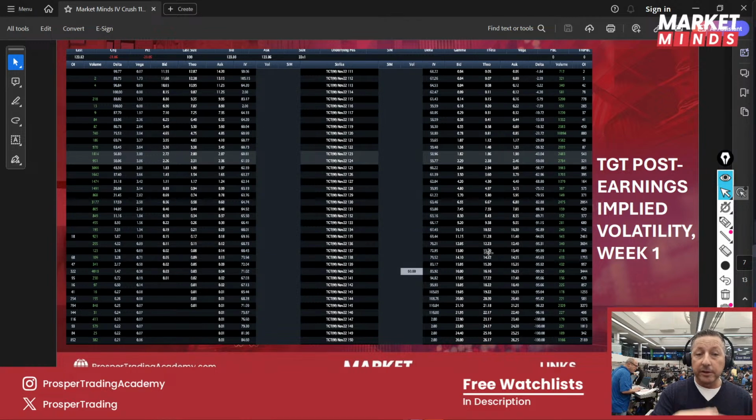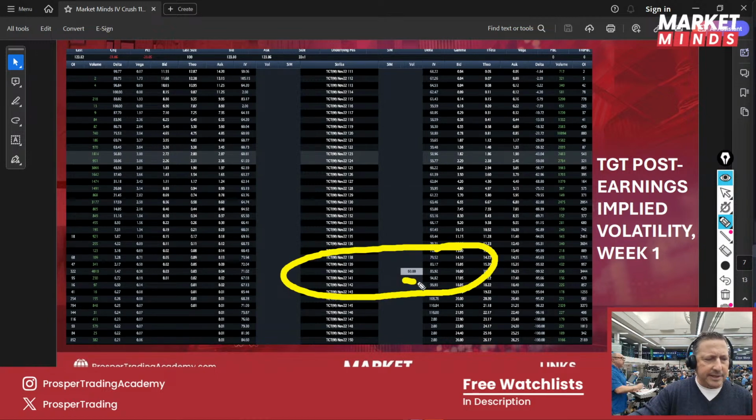Now, we do have to look at different strikes because the stock got crushed so badly, way beyond the expected move. So we still have to compare like options, meaning at the money options, to where they were yesterday. Okay? The news is out. The stock absolutely got annihilated. Vol has normalized. What do I have on the screen right here?